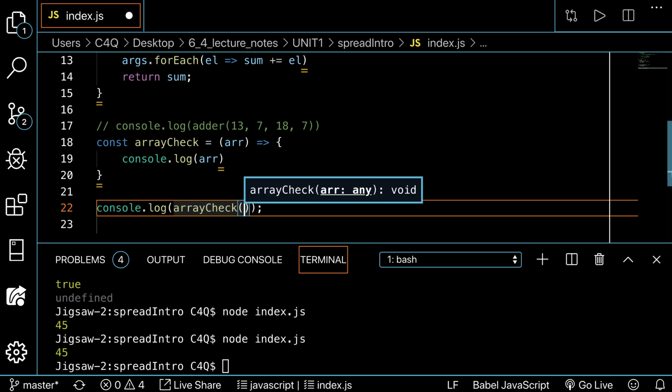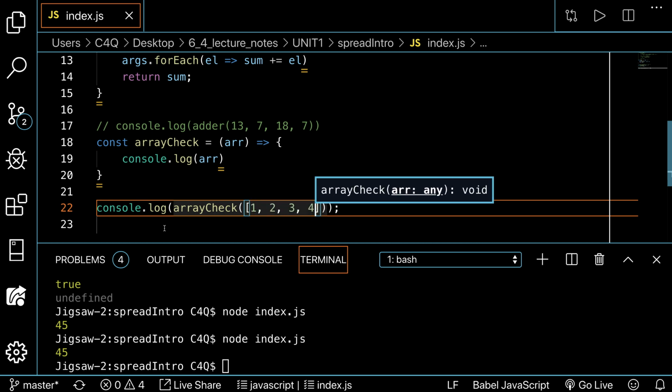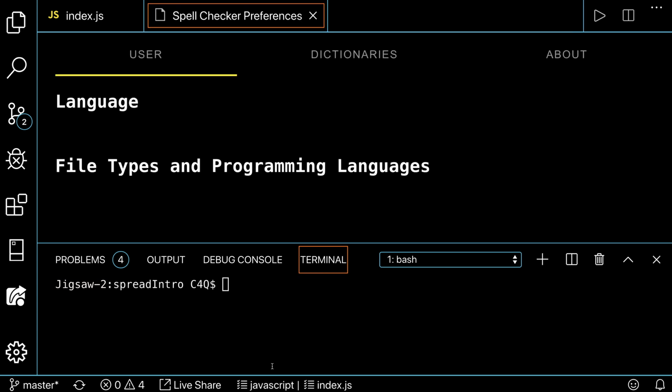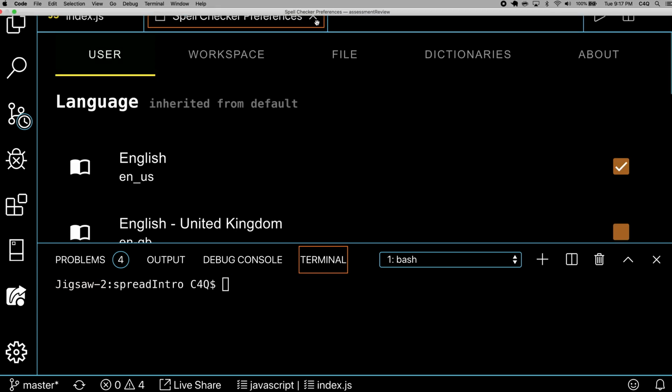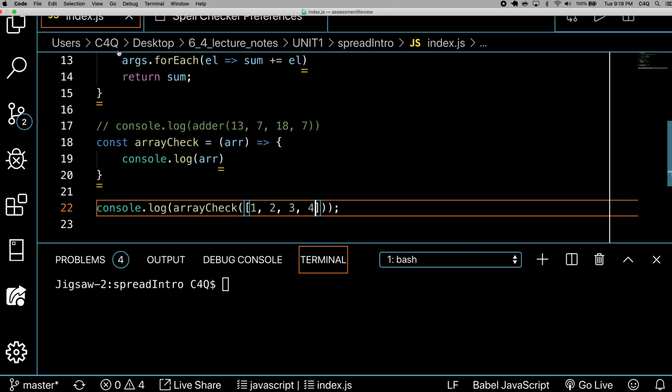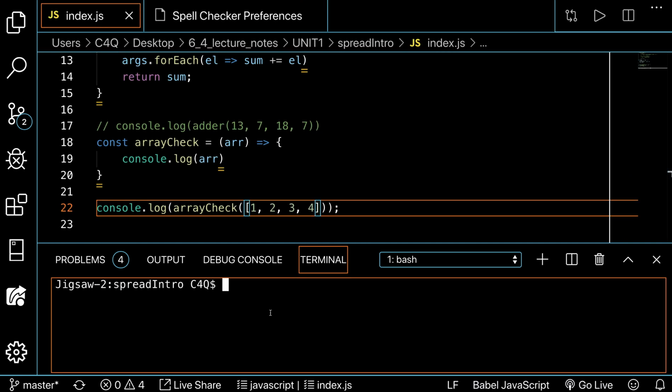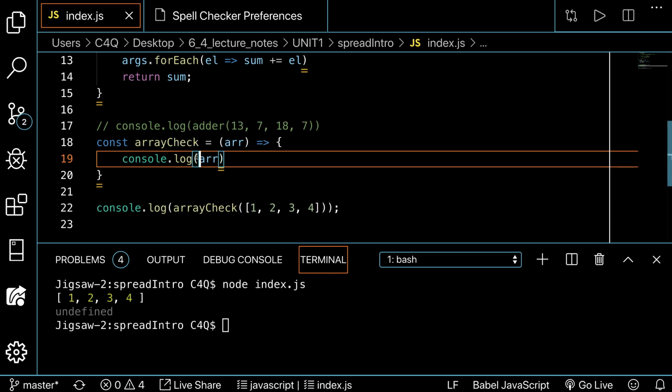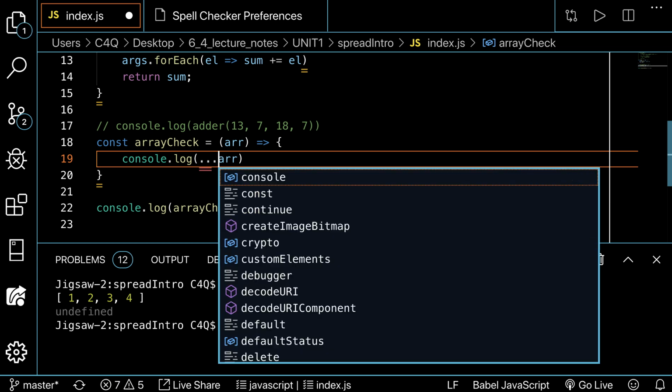arrayCheck 1, 2, 3, 4. Okay. So we'll run it. I don't know how that happened, but surely I can navigate back. Okay, and we see what we would expect to see, right? It's an array. But if I throw a spread operator in front of this,